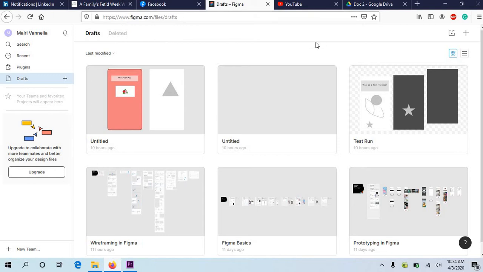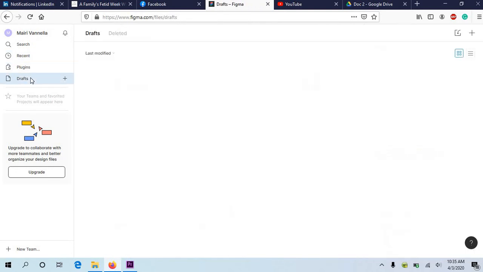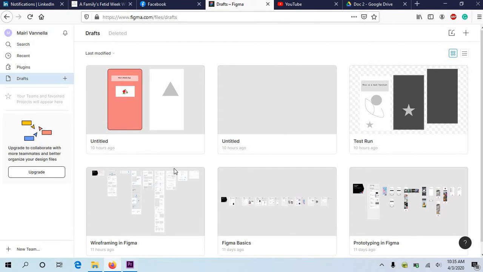Now, when you get to figma.com, you can either go to drafts, or if it's like mine, it should pop up on the top right hand corner with a plus sign. If you have drafts, you'll have all of these in the screen with wireframes, basics, everything, and any projects that you would have worked on. For now, though, if you want to create a new project, you go to the plus sign up here on the top right corner and click that. That's going to say new file, and that will take you to